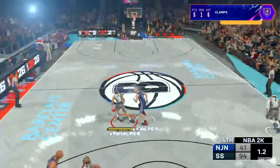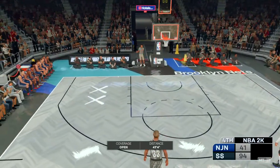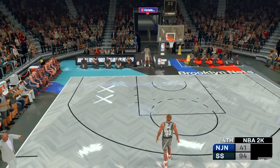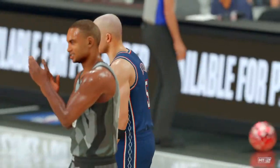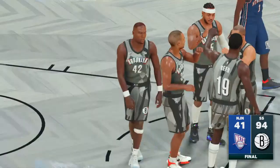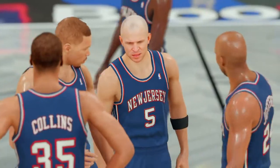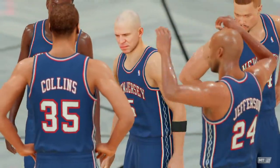Here's Kidd. Stolen by Parker. So we see Brooklyn get the win here. We saw two different teams tonight. One played with confidence, operating flawlessly. The other just looked lost. And the energy in this building was awesome. The crowd was involved from the jump. And once they started to really...